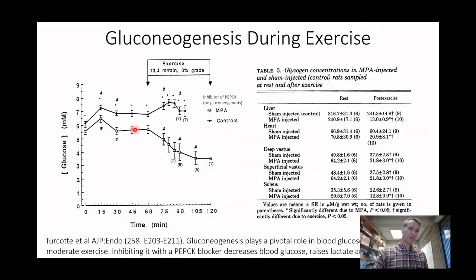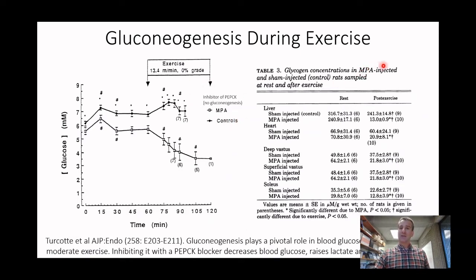First of all, it starts lower. At rest, you're using gluconeogenesis, where you're converting 3-carbon sugars into glucose as a way to maintain your blood glucose. Now we start to exercise. Now, even with low-intensity exercise where our blood glucose is good, it's going up, if anything, in the controls. It's going down in these animals that have the MPA treatment. This is this inhibitor of PEPCK. So what we're seeing is we're decreasing blood glucose by having this inhibitor of